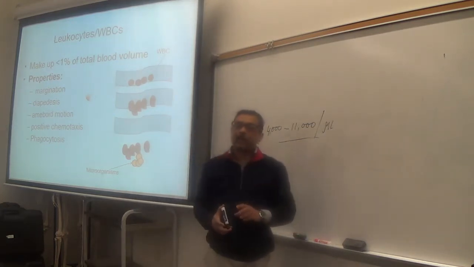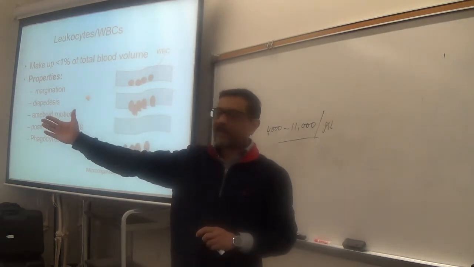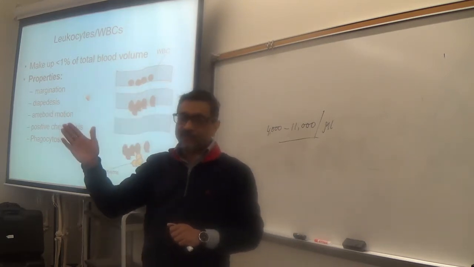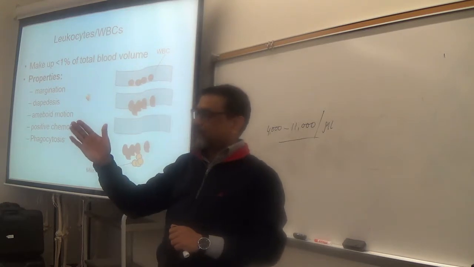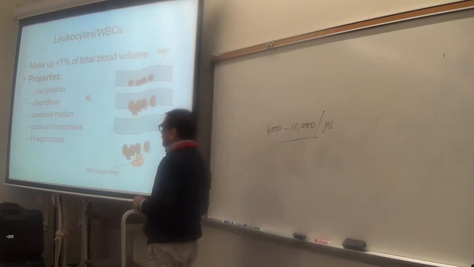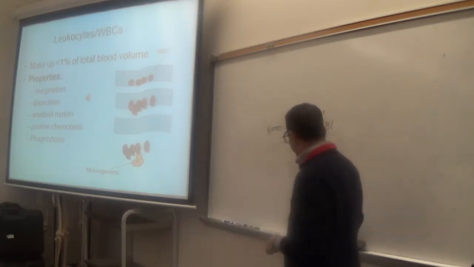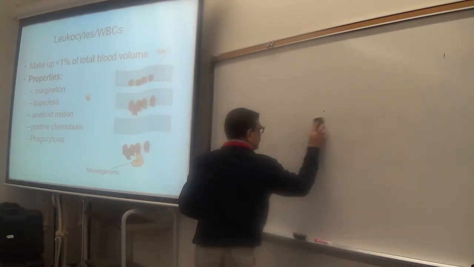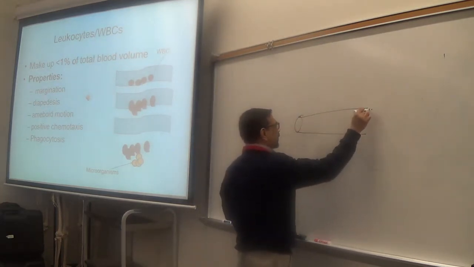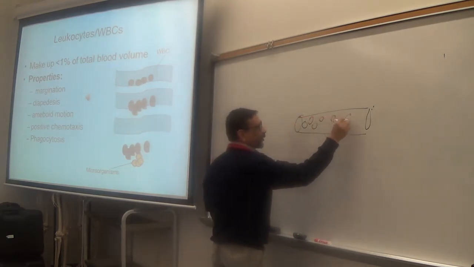Properties of white blood cells. White blood cells are different than other blood cells. Why? Because white blood cells have some important properties. What are those? Margination, diapedesis, amoeboid motion, chemotaxis, and phagocytosis. What is that? Let me quickly show you. This is a blood vessel, and these are the white blood cells passing through